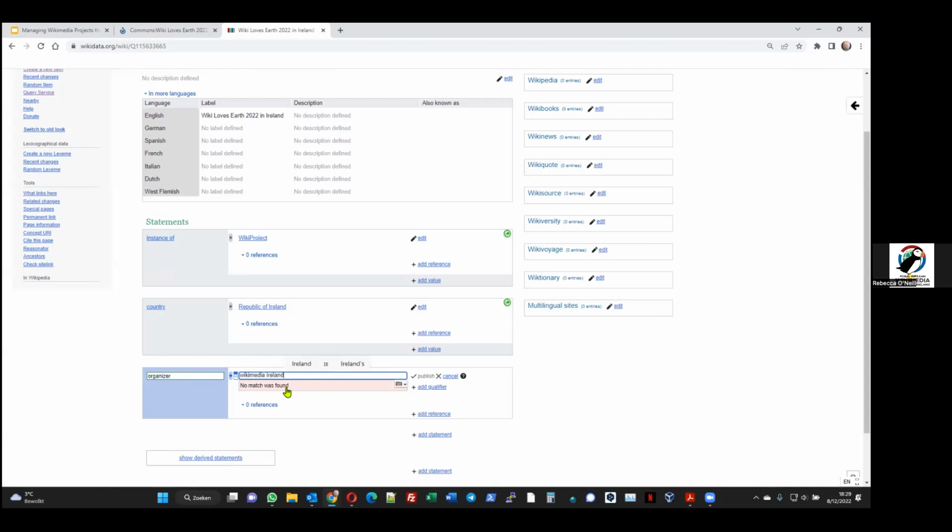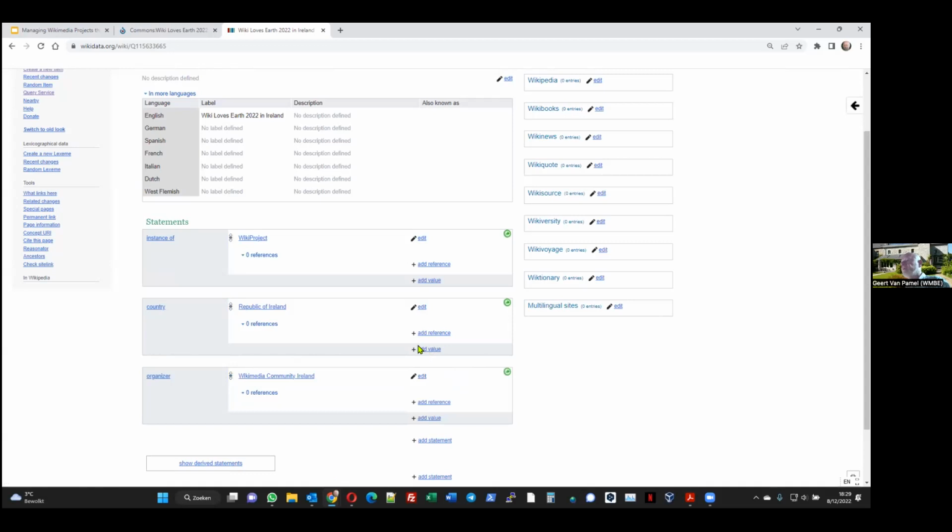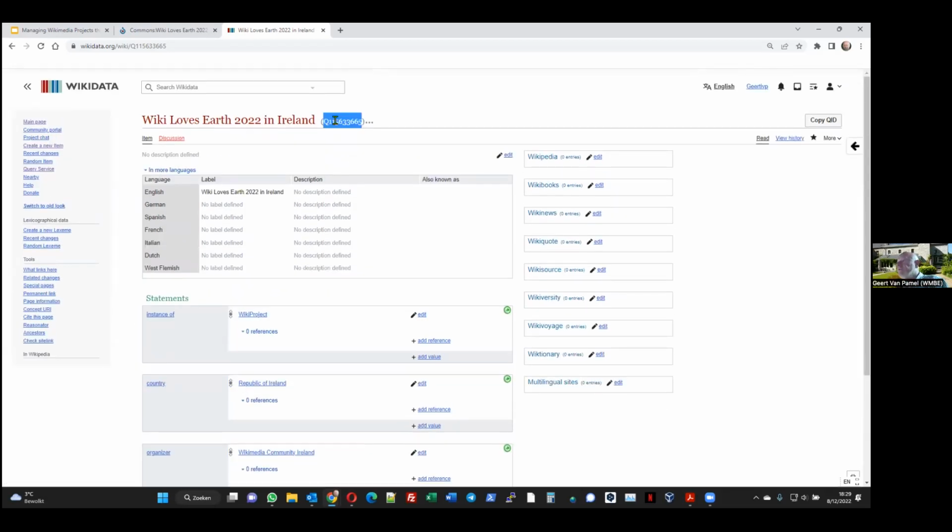This is where we don't have a Wikidata item. We do. Yeah. Wikimedia Community Ireland. Okay. Fine. Okay. Yes, there we go. So our wiki project exists. This is the item. So then now the next thing to do is